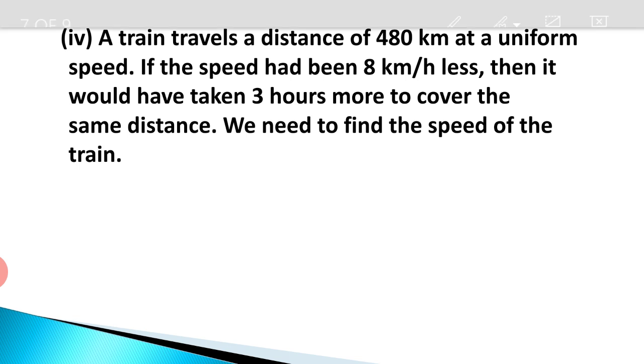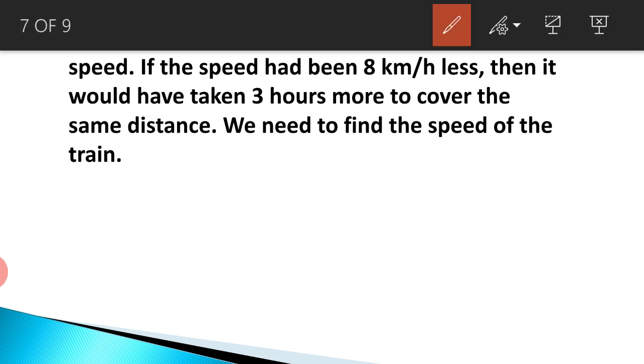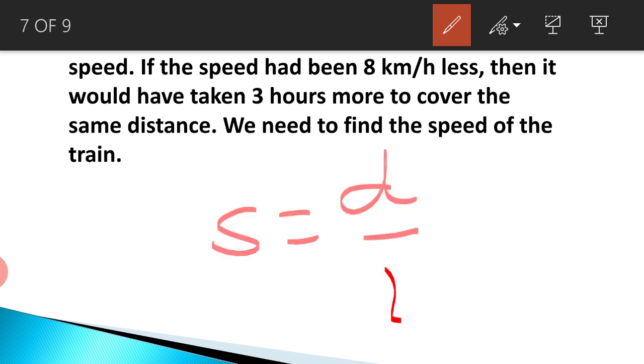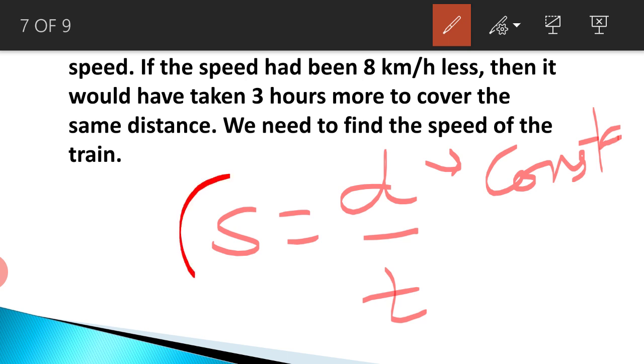So here we are talking about three quantities, which are speed, distance and time. And what is the relation between them? Speed is equal to distance upon time. Here distance is constant. Is it okay? And what is happening? The speed is decreased, so naturally time required will be more. So there are two situations. Is it okay? And which two quantities are we going to relate?